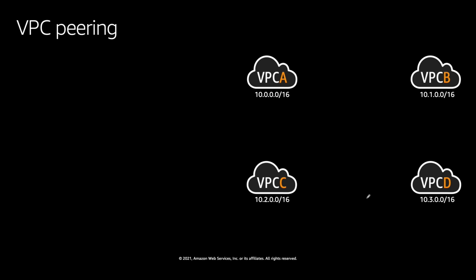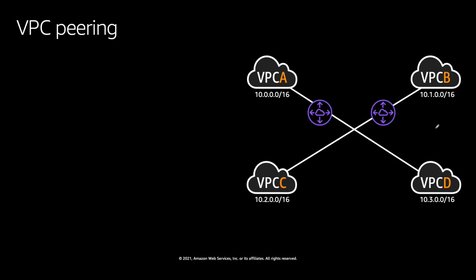So now let's say you want to have a connection between VPC A and D, and you want to have another connection between C and B. Right? So if you want to do that, what you do is create 2 VPC peerings between these respective VPCs. Now, you might have guessed it by now. If you want to have more connectivity between, let's say, VPC A and B, and C and D, you need to have a different VPC peering.